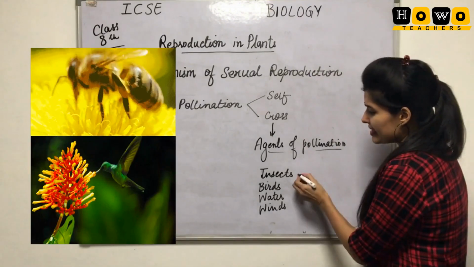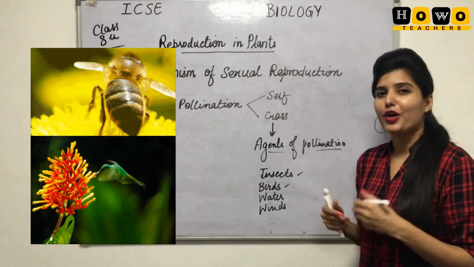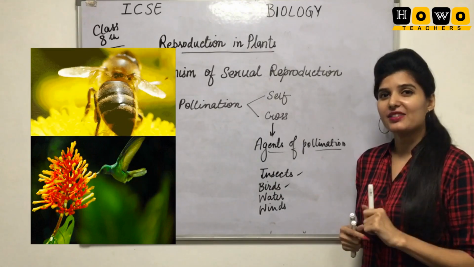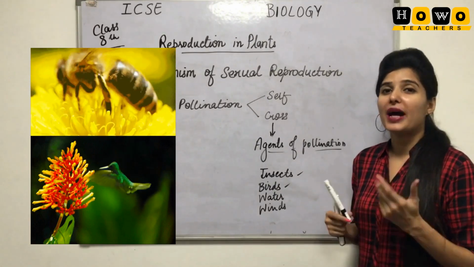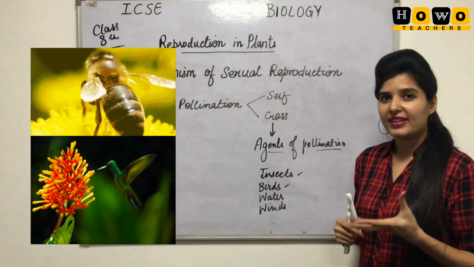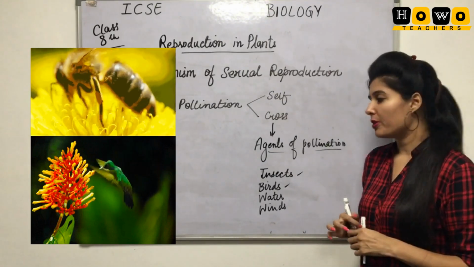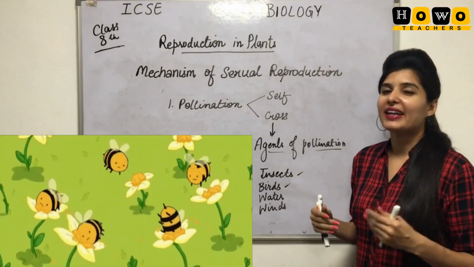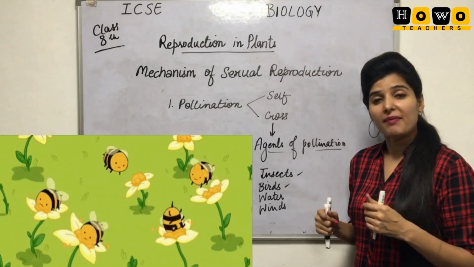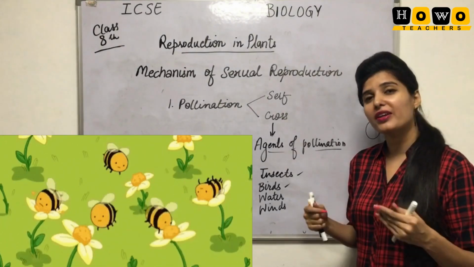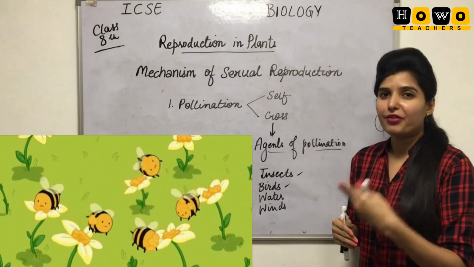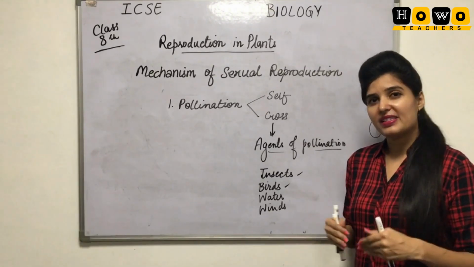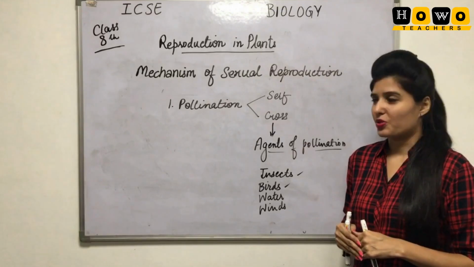Out of these, insects and birds get attracted by the juices, colors and fragrance present on the flower. So that is why only those flowers that need to be pollinated by insects or birds have brightly colored petals, fragrance and juices, so that insects and birds get attracted to them. They sit on them and the pollen grain will stick on their wings or legs, and like that it will move to the next plant. But in water and wind pollination, the case is quite different. We will discuss that also.